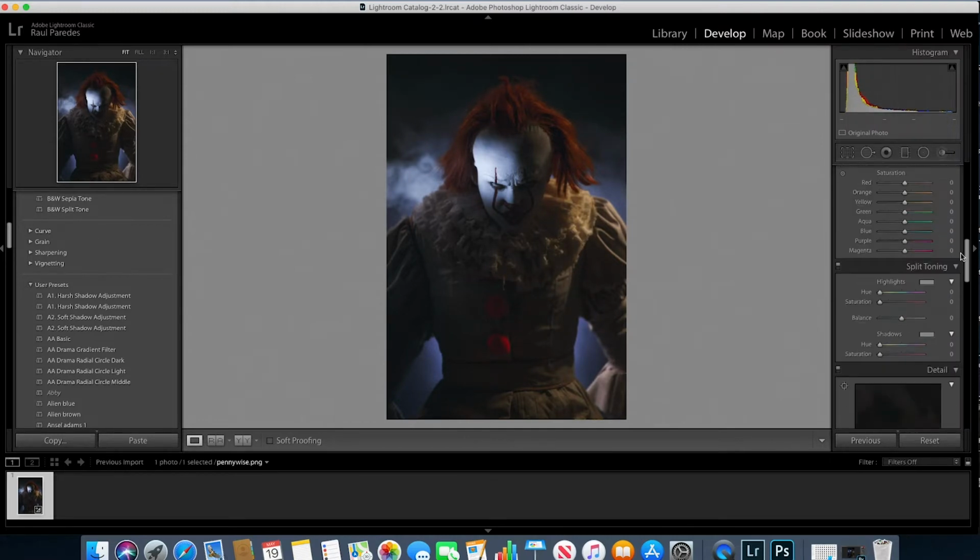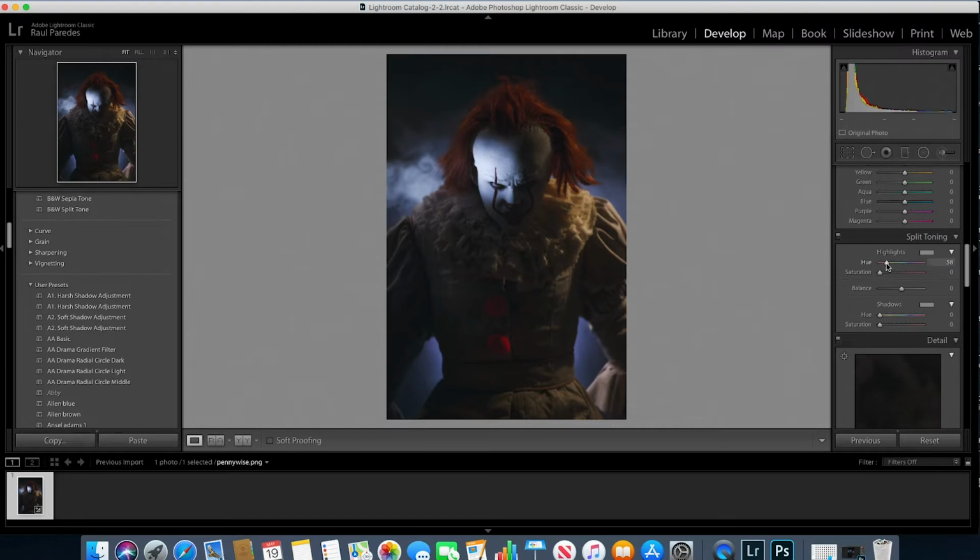So the split toning is a little tricky. I love split toning, and here you can really bring your images out. So I'm just going to see what works and what doesn't work. I sort of want to bring some slight blues to it,